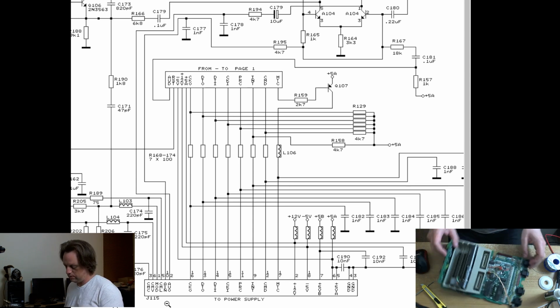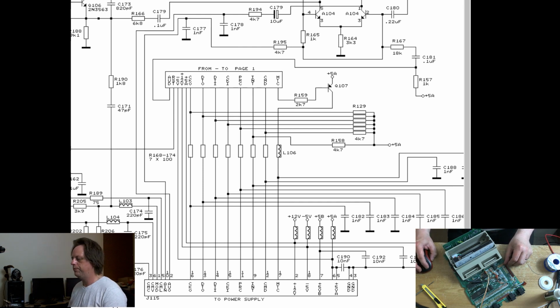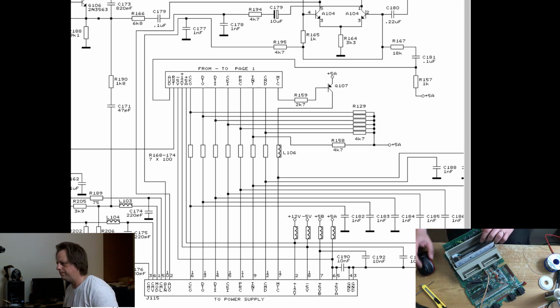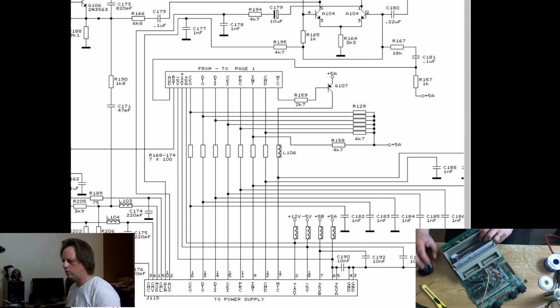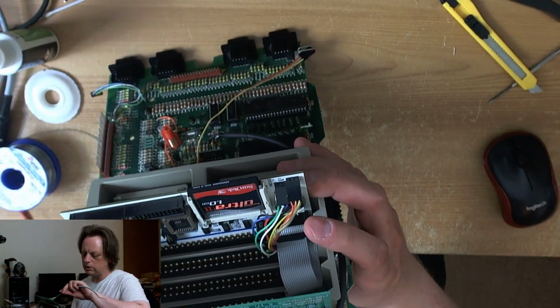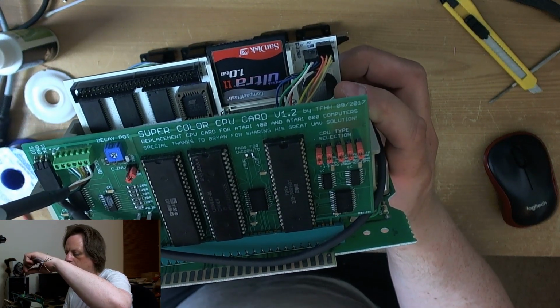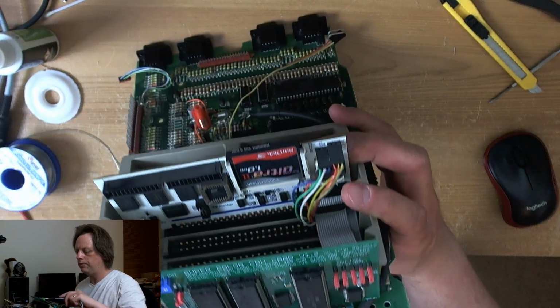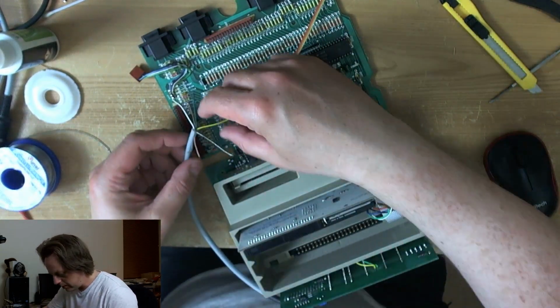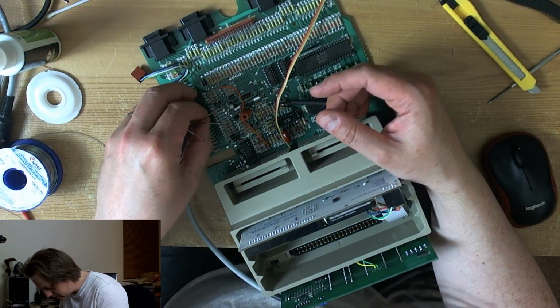Right, so we can figure this out. L104 is composite video. Composite video is yellow. So the yellow wire needs to go to where L104 used to be, at this end, which is the isolated